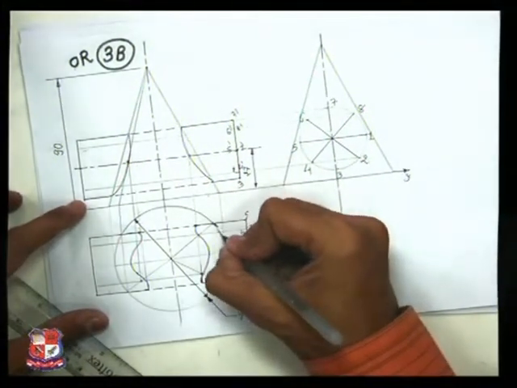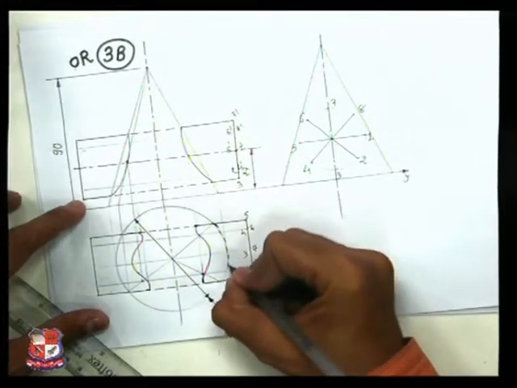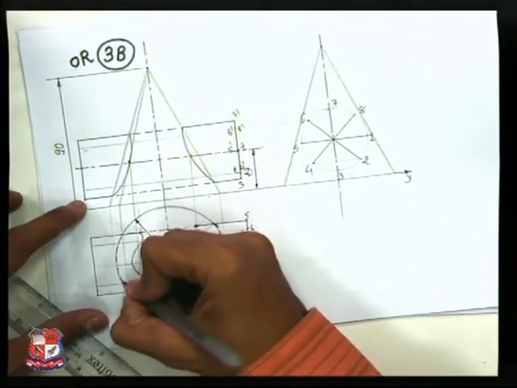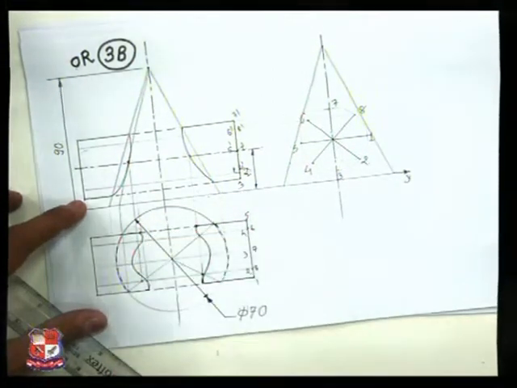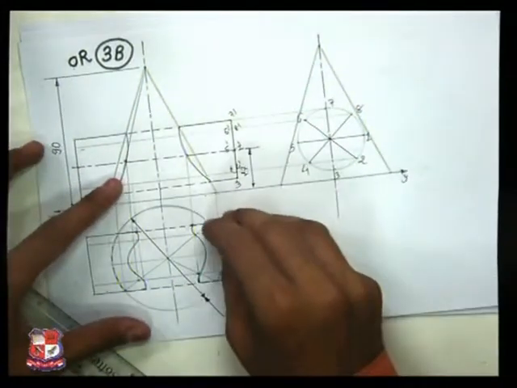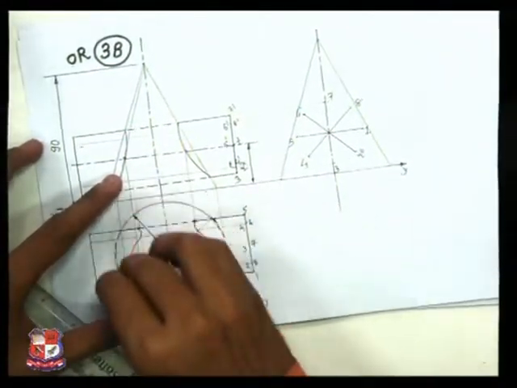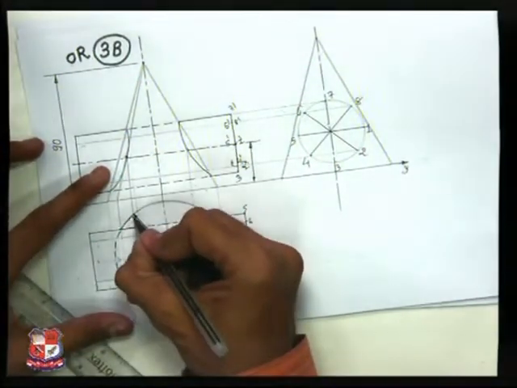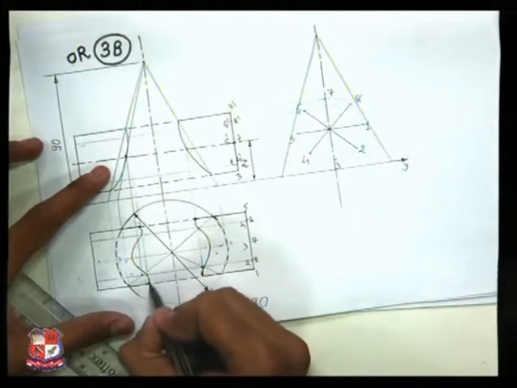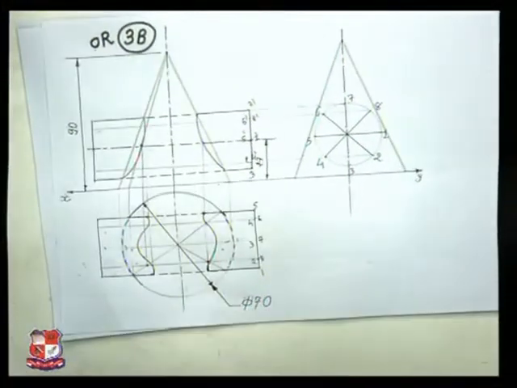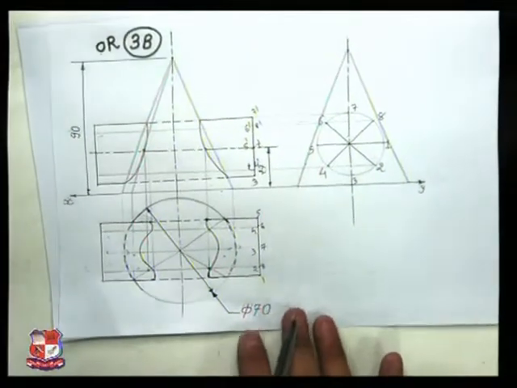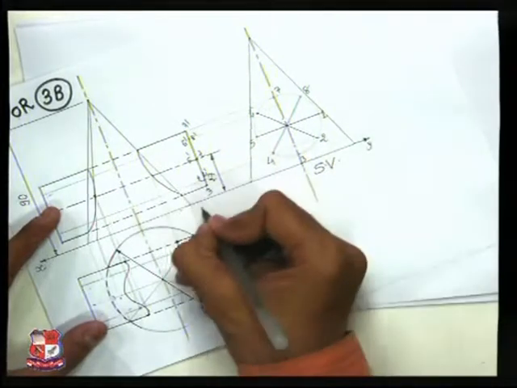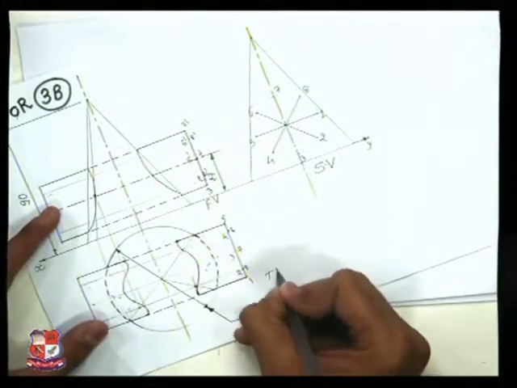and this base should be drawn with the dotted line because it is behind this cylinder, so it will not be visible, hence to be joined with the dotted line like this, and this full line should be erased because it's not visible. Similarly this cylinder is visible on this side, this is not visible, like this. So this is the top view of the problem, and here we can insert the names. It's a side view, it's a front view, it's a top view.